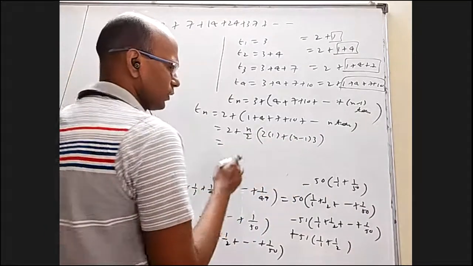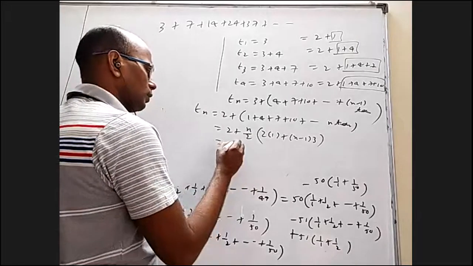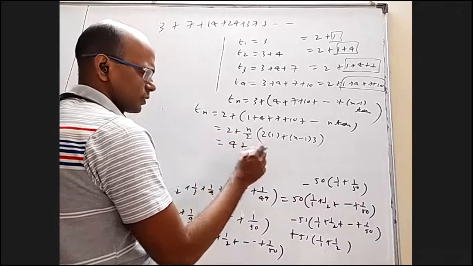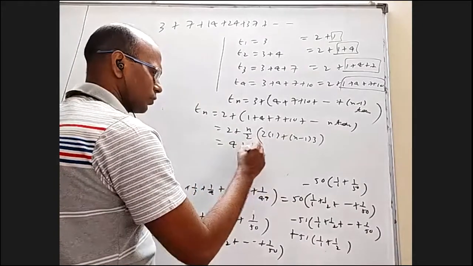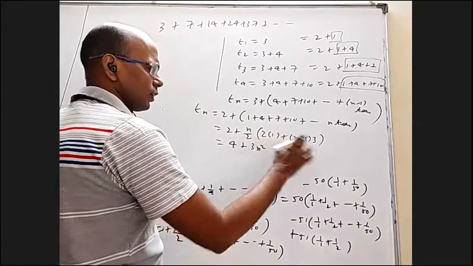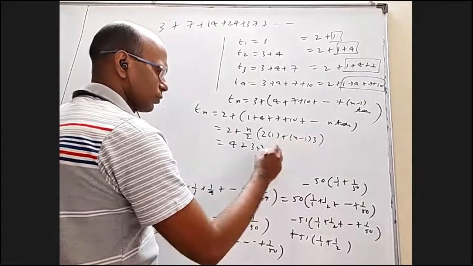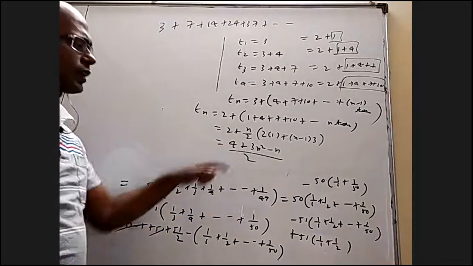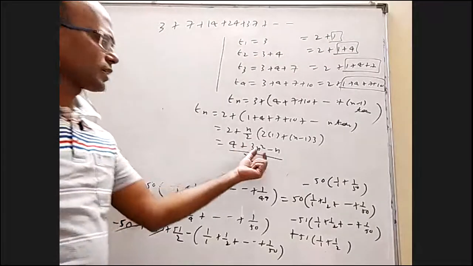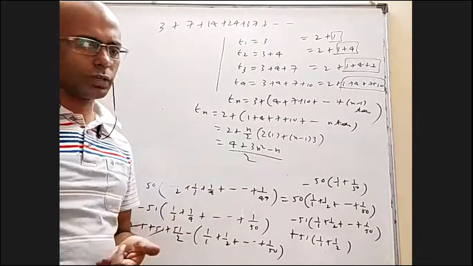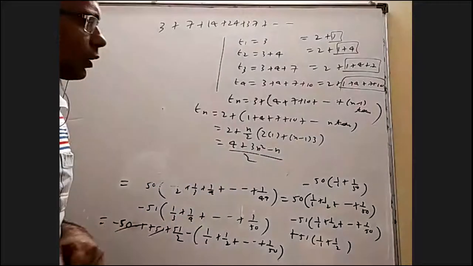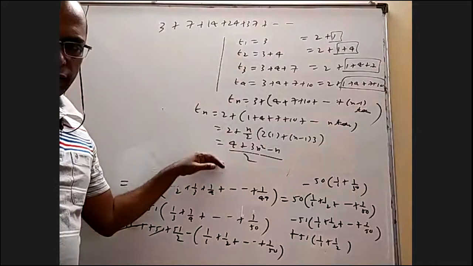We have to simplify. You can take the total LCM if required. 2 to the 4 plus this is 3n, which is 3n square, and 2 minus 3 minus 1, which is minus n by 2. Once we got the nth term, Sn is sigma Tn, you can use that. Sigma n square, sigma 4 means 4n by 2. Is this okay? How to find the nth term?